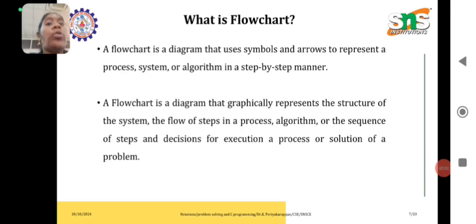Then we move to the flowchart. A flowchart is a diagram that uses symbols and arrows to represent a process, system or algorithm in a step-by-step manner. It is a diagram that graphically represents the structure of systems, the flow of steps in a process, algorithm or the sequence of steps and decisions for executing a process or a solution of the algorithm. It is a pictorial representation of an algorithm, where the sequential steps in an algorithm can be represented as